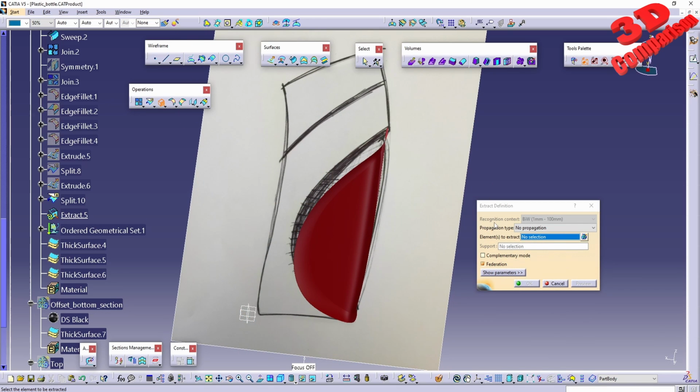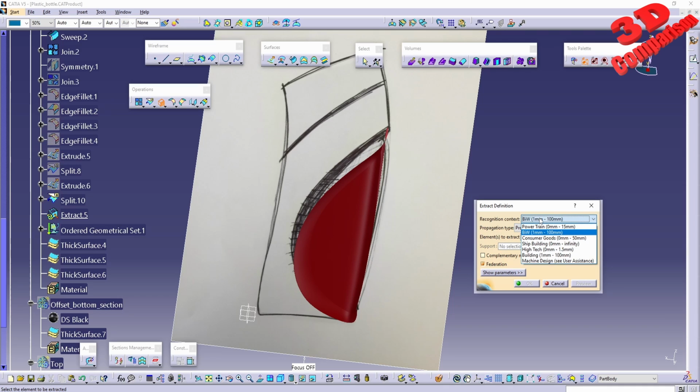We see that we have a recognition context over here, which is currently grayed. This will only be enabled depending on the propagation type. For example, if I will go over here for protrusion propagation, we're gonna see that now we can change between powertrain, body in white, and consumer goods. And with this feature selected,